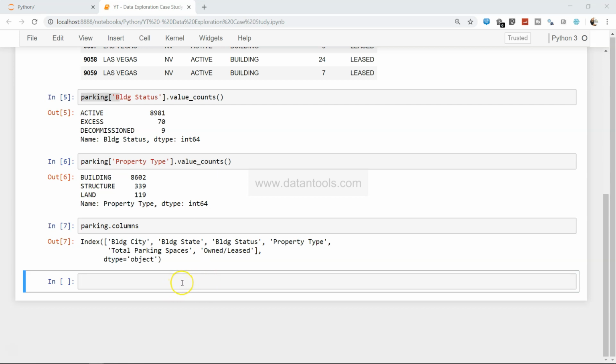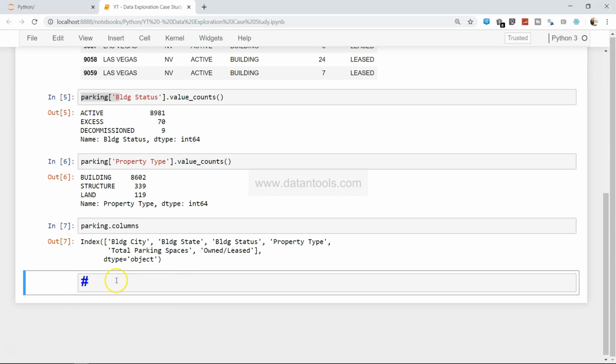So right now, if you see, I'm not in edit mode, and if I press 1, it will convert into a heading. So the first question is: what is the distribution of values for